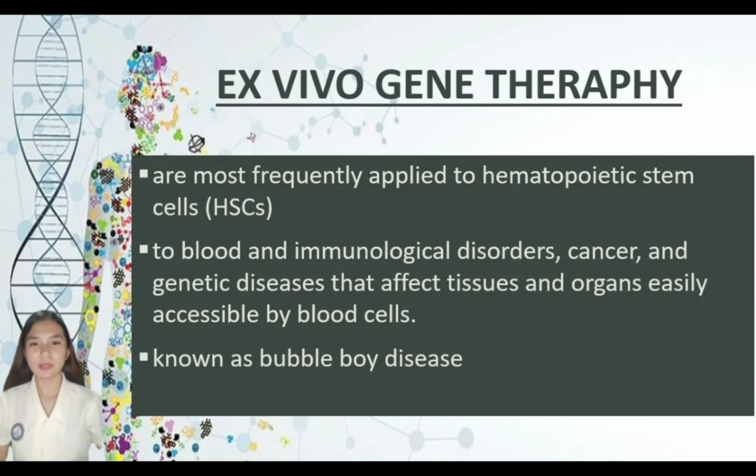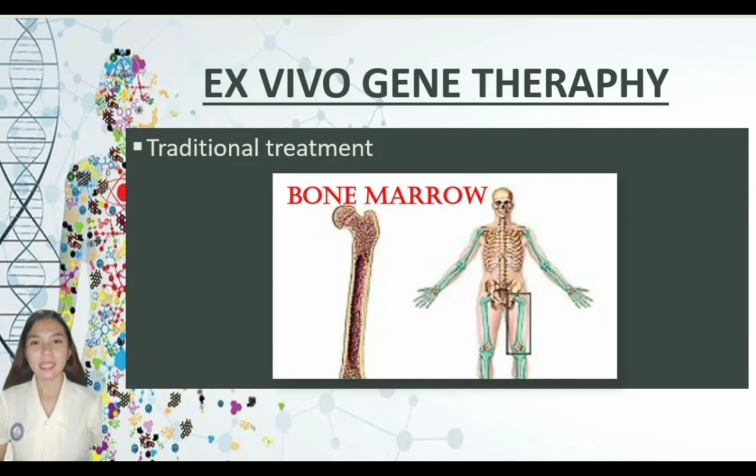So let's talk about the traditional treatment. Traditional treatment involves bone marrow transplantation early in life, replacing the hematopoietic cells harboring mutant genes with matching cells carrying healthy genes. In some gene therapy clinical trials, cells from the patient's blood or bone marrow are removed and grown